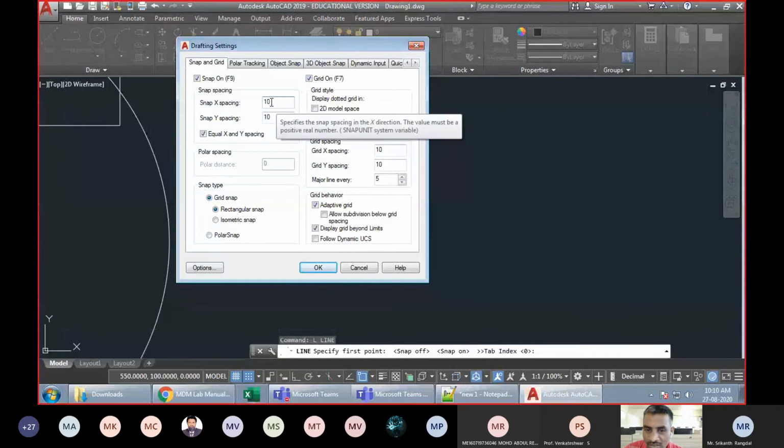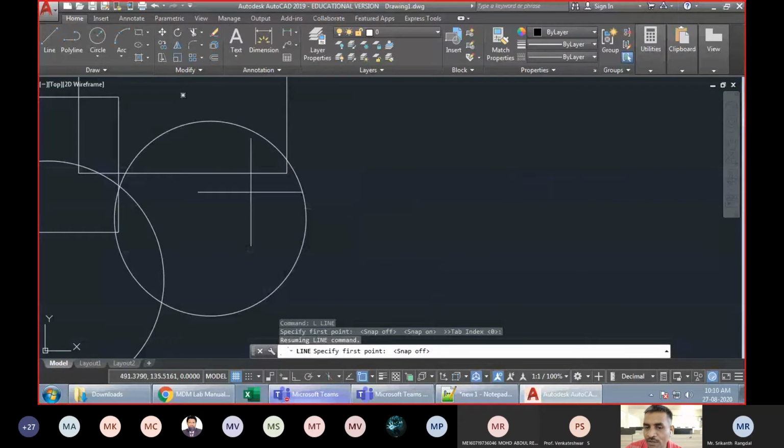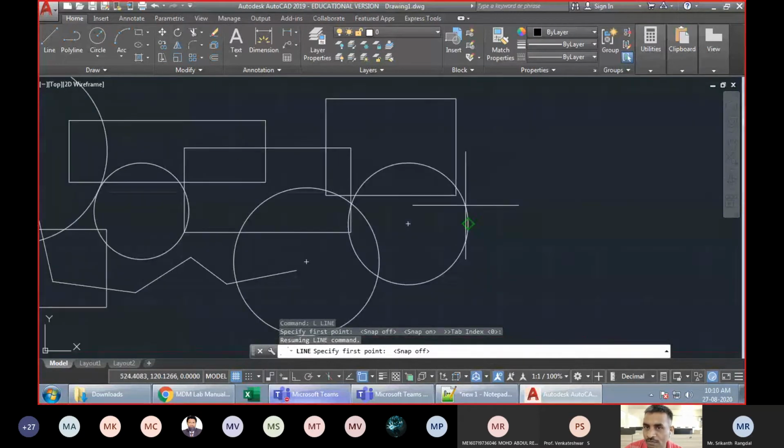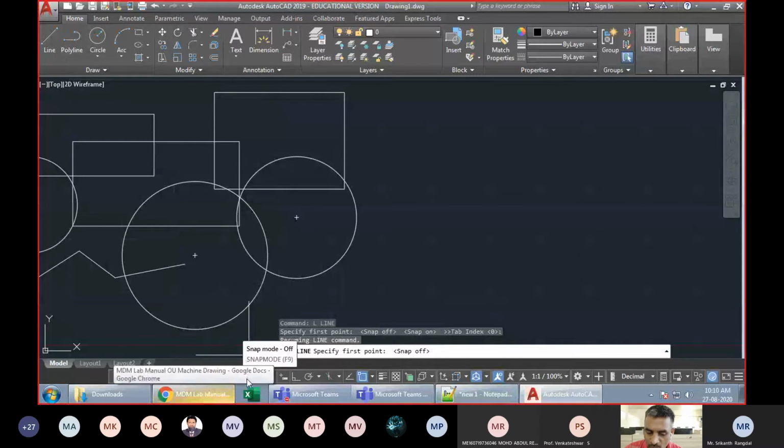It will either go to 10 or 20 or 30 or 40. All the coordinates will be multiples of 10. So if your geometry is having all the dimensions as multiples of a particular number, you can set that same number in the settings and very rapidly draw that object. Very easily you can draw that object. But in most of the engineering problems, that is not the case, and hence we will not be using it much.